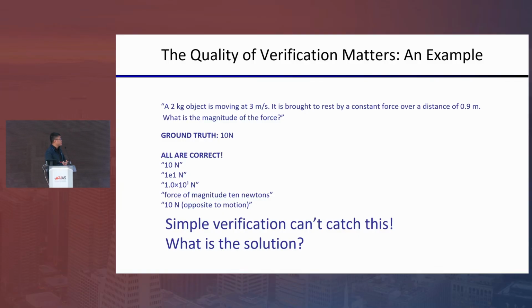I really would like to motivate this point through one example, which has come up again in the community where we're actually training models. So say here's a physics question. I ask a question, when an object's moving, then I ask you what's the magnitude of the force. Maybe the textbook has written an answer, it's 10 newtons. But in reality, lots of other answers are actually also correct. Maybe the AI is very smart, and the AI figured out another form of the answer. But if the verification system is very dumb, and the system was not able to figure out these actually are equivalent, then we'll be sending really wrong signals to the AI, and clearly it's going to destroy the intelligence of the AI.